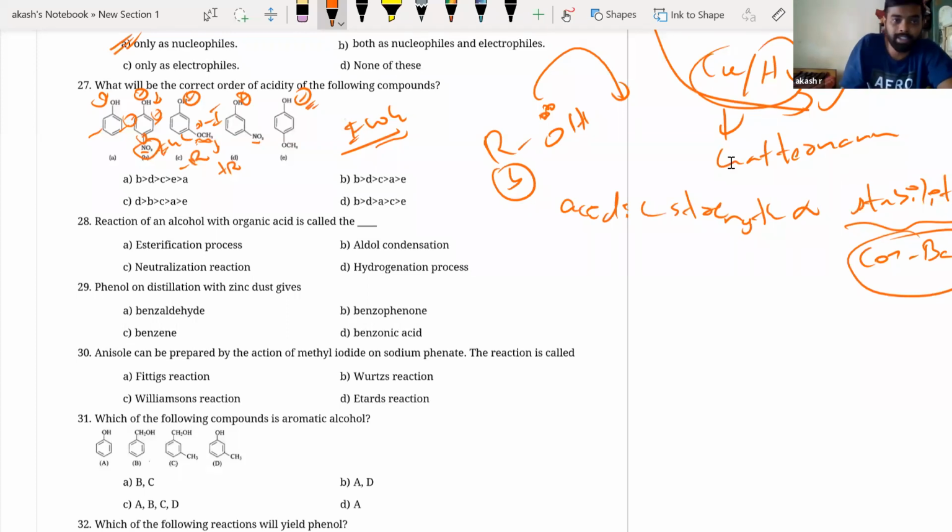So here I see that there is a minus R effect. Here also I will not have any resonance. Here also I'll have a minus I effect because nitrogen is electronegative, but it will show a lower negative I effect than OCH3, obviously, because oxygen is more electronegative than nitrogen. So the next rank goes to C.